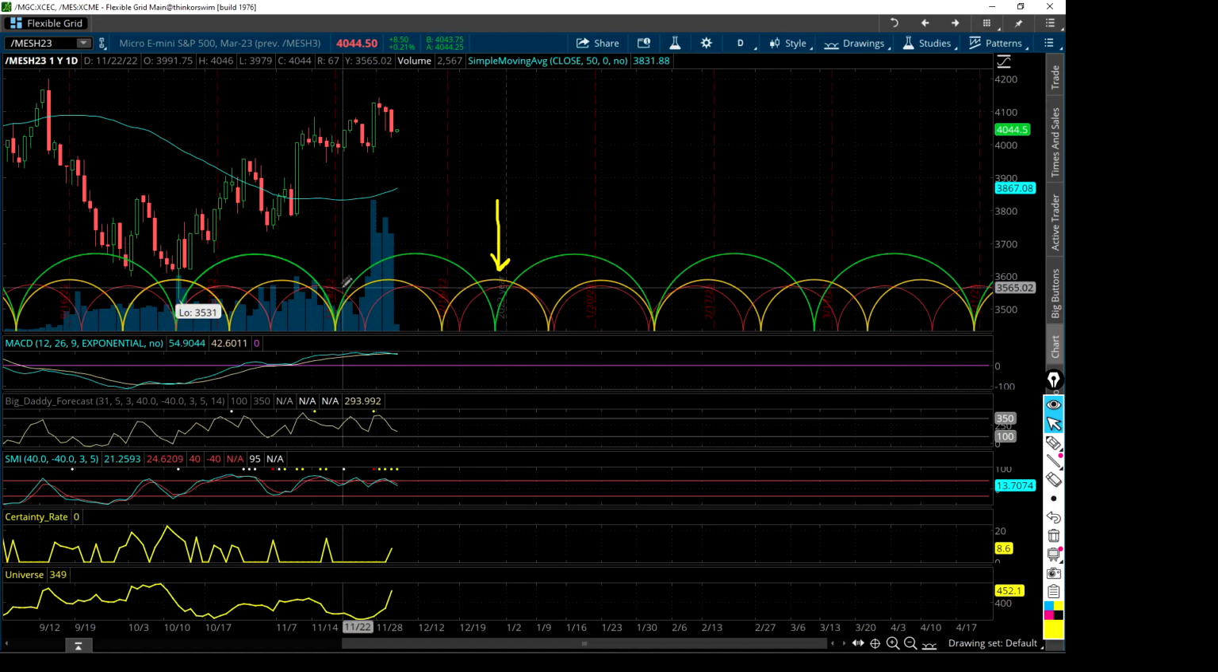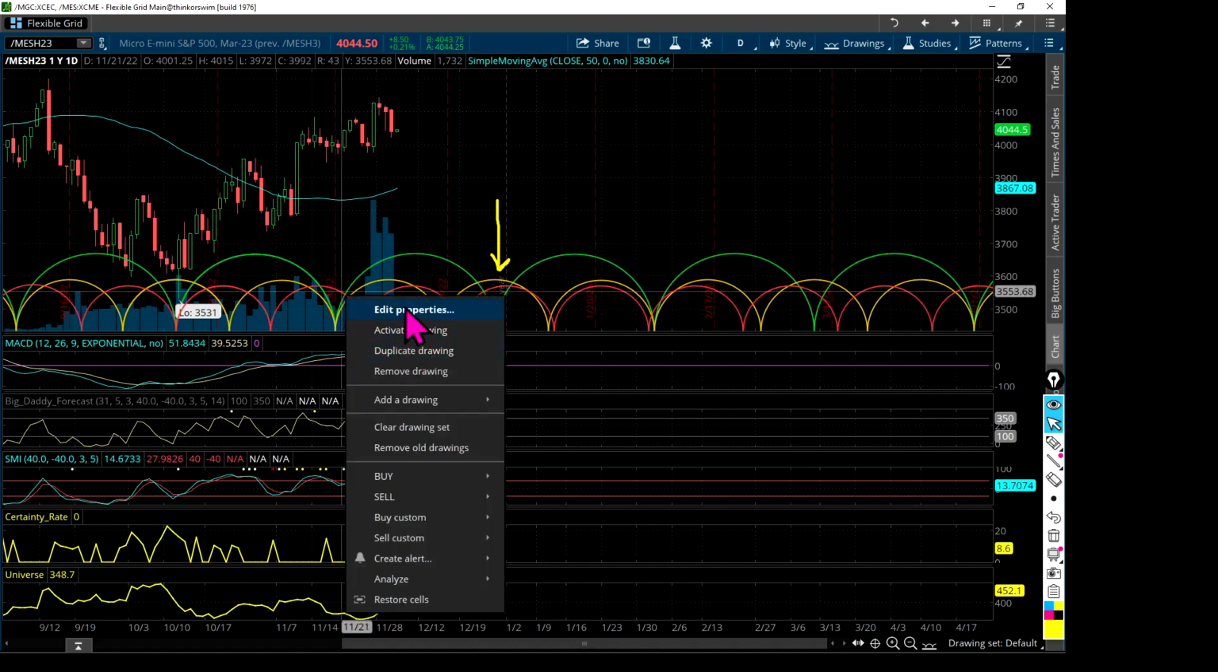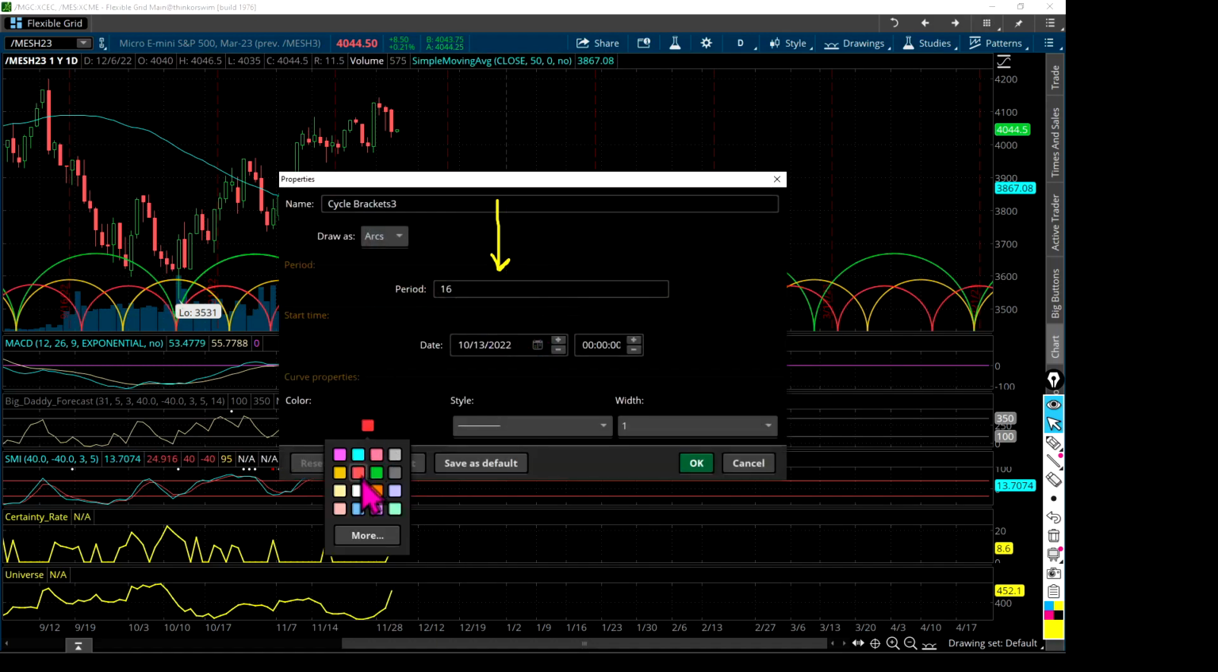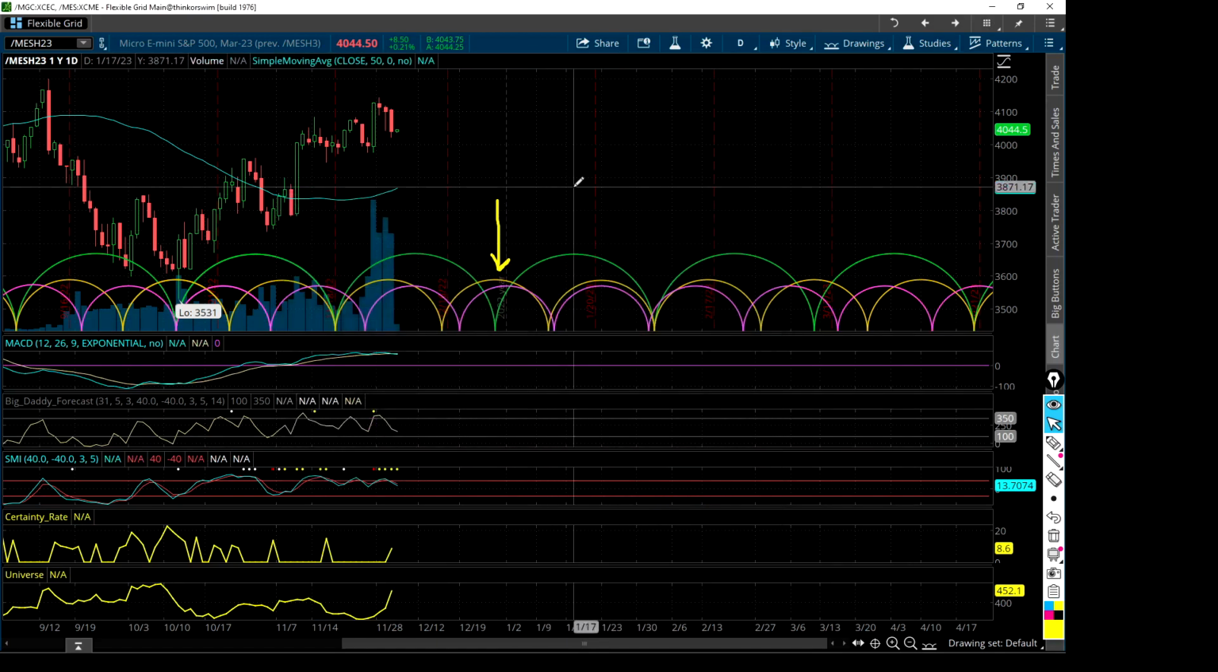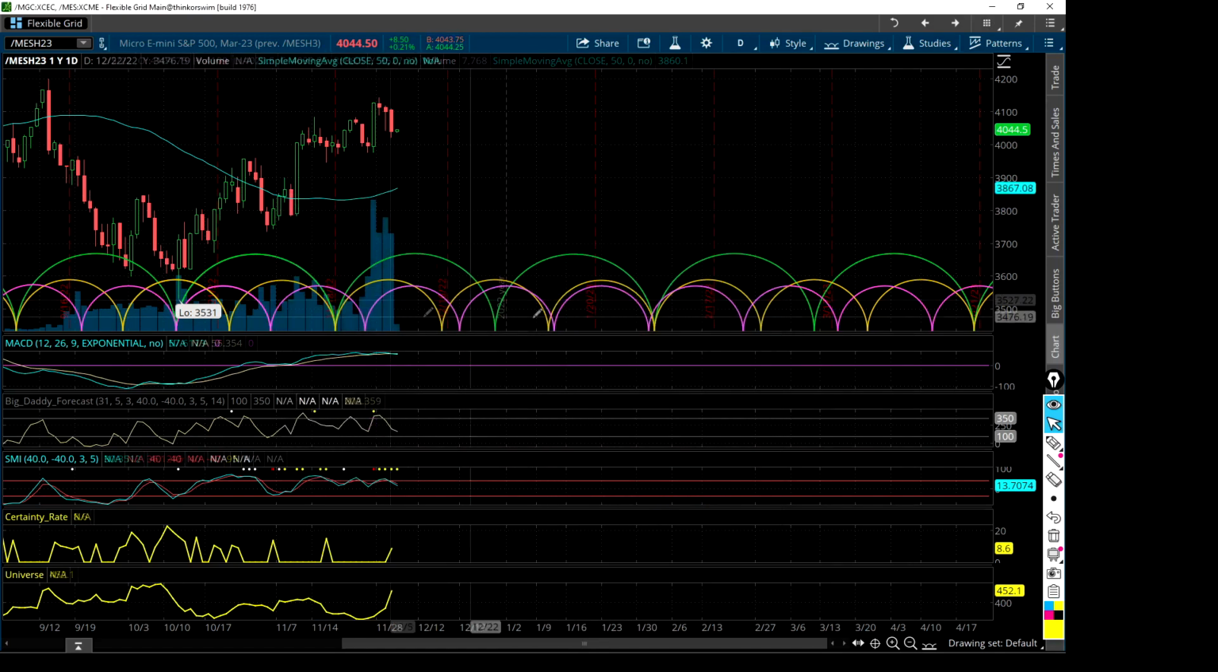Okay. And I'm going to make these purple to have them stand out different than the ones that are already on there. Clear the screen. Okay, so what I noticed was, and I'd already been talking about this,